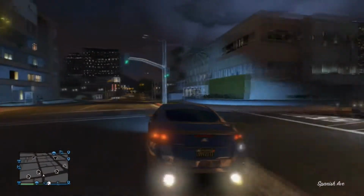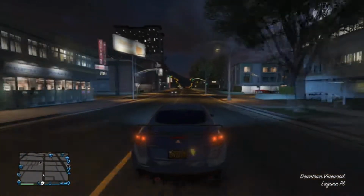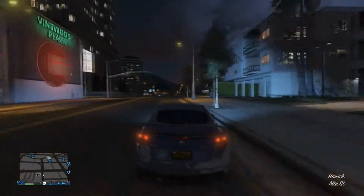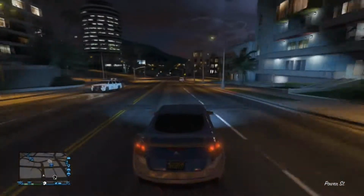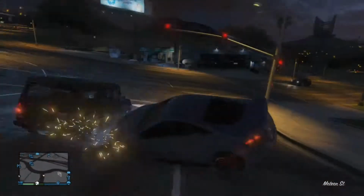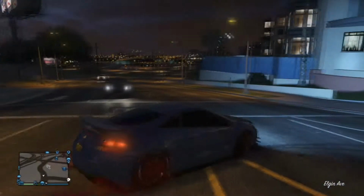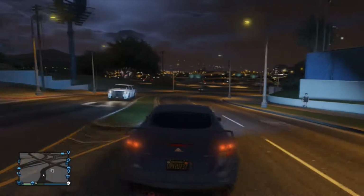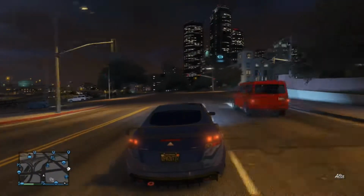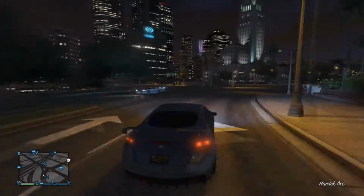It does have quite a few tuning options. It doesn't have a lot, but it does have a good amount. When you first get it, it looks pretty cool automatically, but as soon as you put the body kits on it, the bumper, the different hood, tint the windows down, a new spoiler, it looks really cool. And as you can see, I've done the same thing with the blue chrome, the crew color chrome, that I did with the